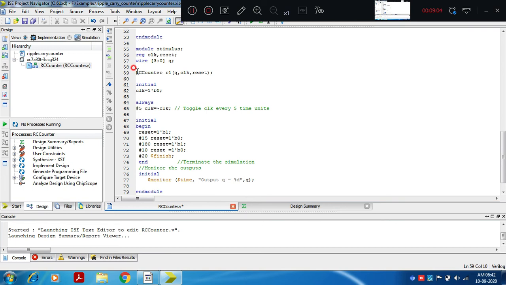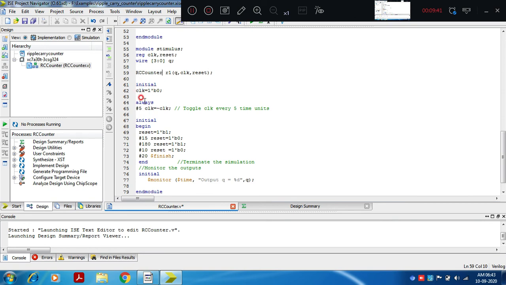So the test bench or stimulus is the top level code, then the RC counter, then the T flip-flop, then the D flip-flop, like that. Usually we can write a test bench for any module or sub block. We can write a test bench for the T flip-flop or the D flip-flop. That is also possible. In this case we are writing it for the top level code, RC counter.